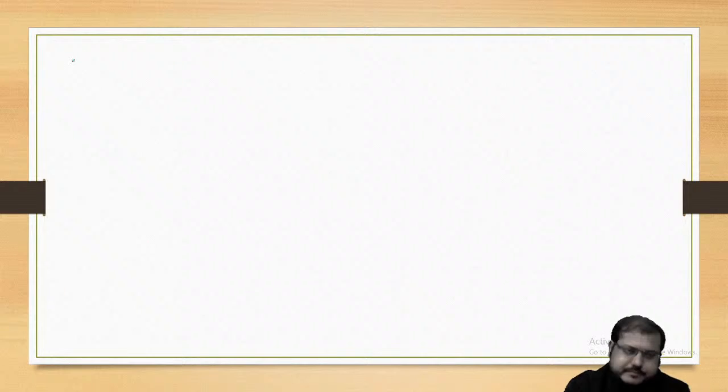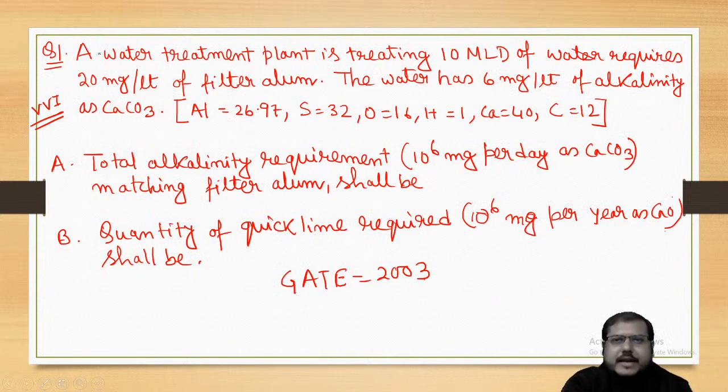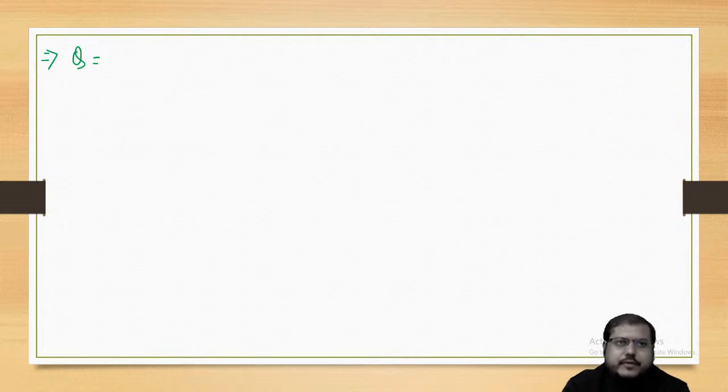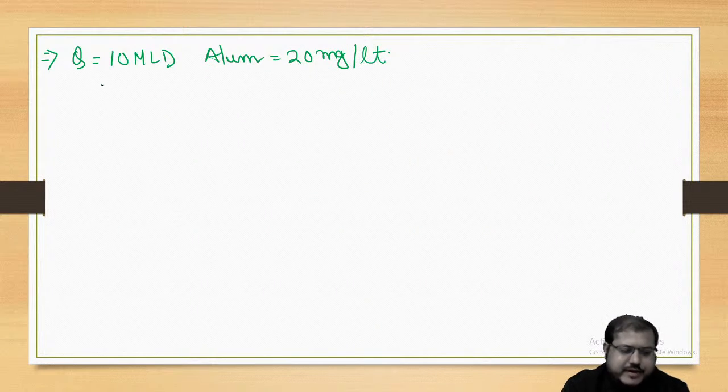So what will be the procedure? What is given here? Q given is 10 MLD, and alum required 20 milligram per liter. So our first job is to write down the equation which is associated with alum. This is not provided, you need to know this. Remember this. I have told you at a separate time. Al2(SO4)3.18H2O, that's alum,